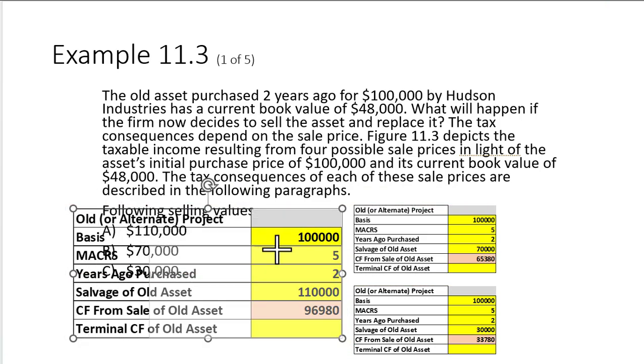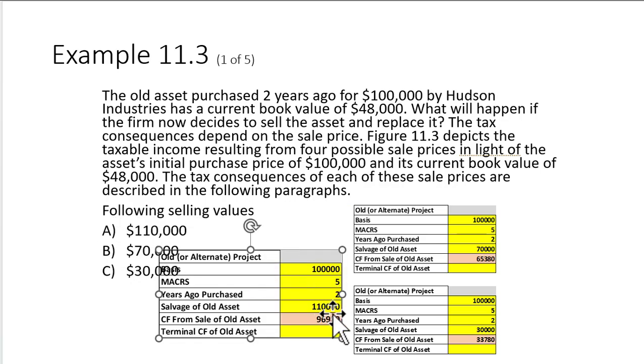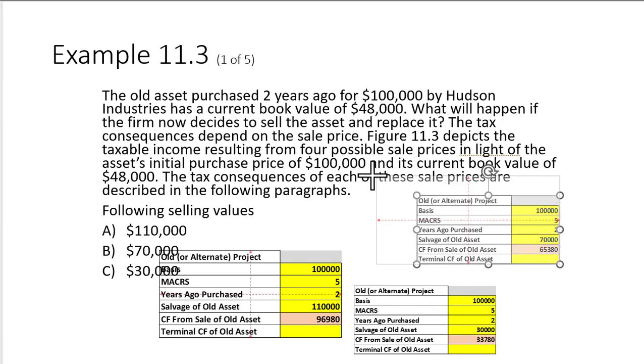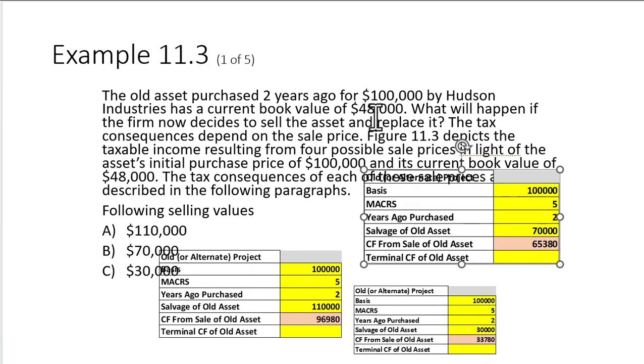Well, without doing all the calculations, you received $110,000. That's greater than the $48,000, so we had to pay some taxes. So $110,000 minus the tax means that you actually net received $96,980. What if you sold it for $70,000? Again, $70,000 is greater than the 48, so net you're going to be able to spend from this